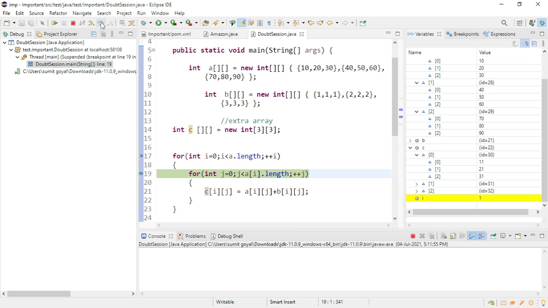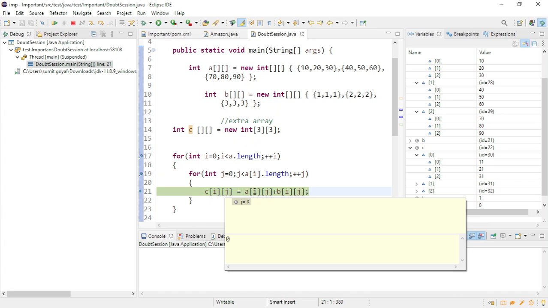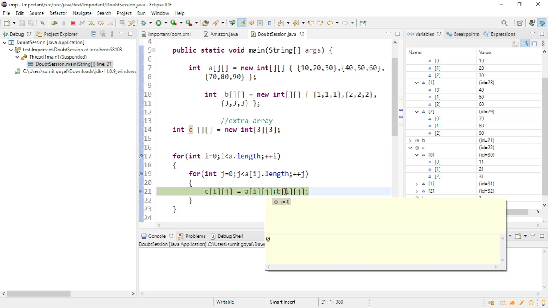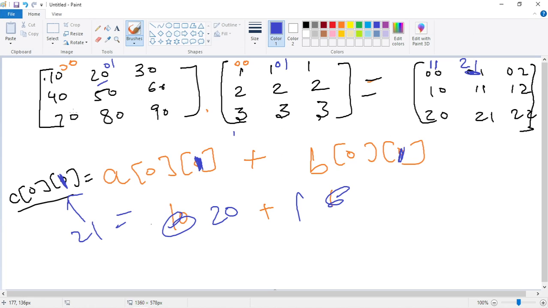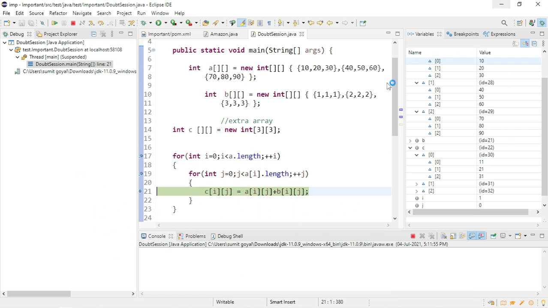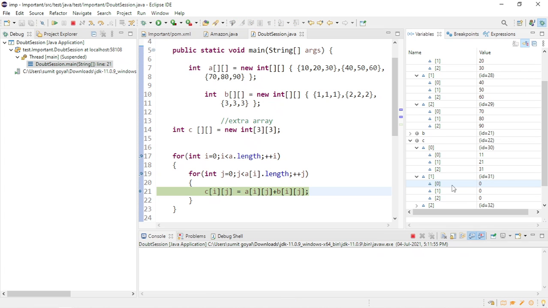Now again j value will become 0. So now if you see this, 1 and 0, 1 and 0, j value will be 0. So now we are targeting which elements? We are targeting this one, 1 0. It is nothing but 1 0. It is also 1 0, and whatever the addition will come, that will come here at 1 0, right? So 40 plus 2 is 42. So if you invoke this, let me open 1 0. So 1 0 is as of now 0, the default value, but if I run this, it will give 42, as you can see on the right hand side.